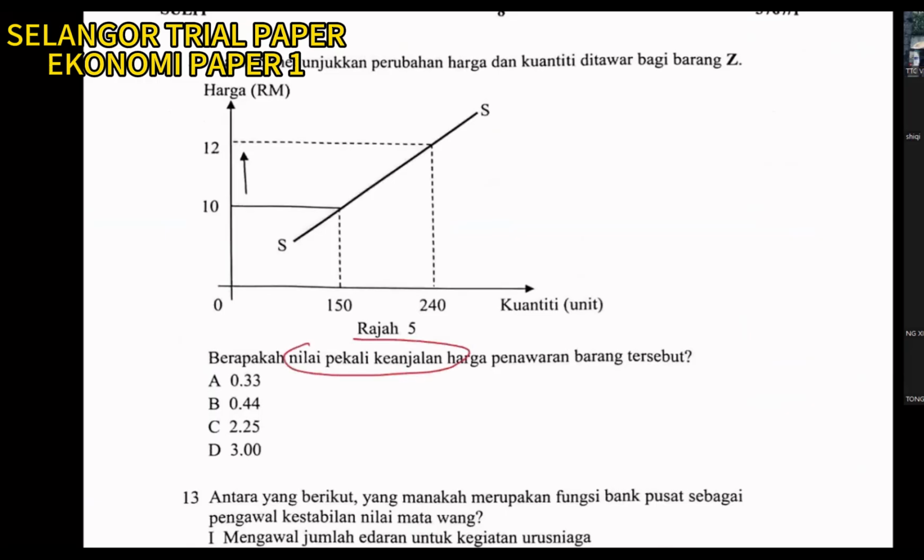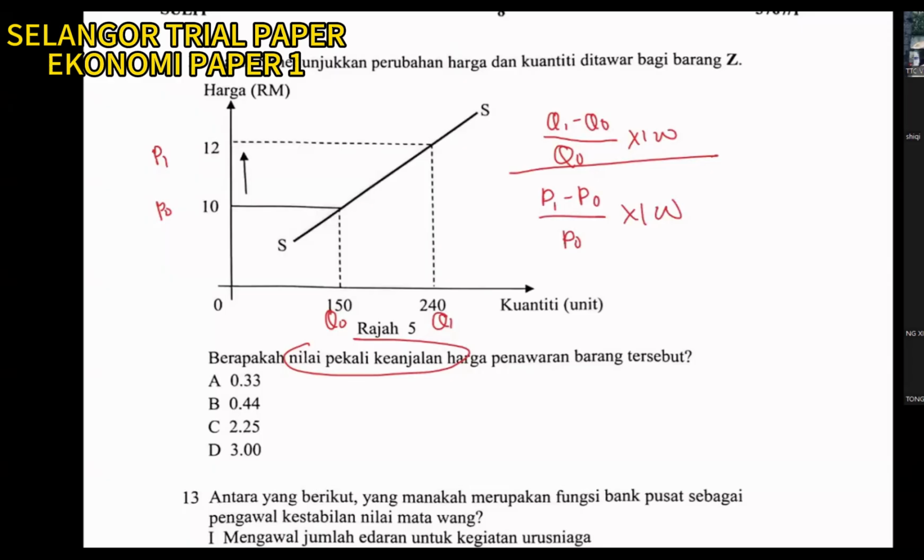Nilai keanjalan penawaran. Price increase P0 P1, Q0 Q1. What's the formula? Q1 minus Q0 divided by Q0 times 100, over new price minus original price divided by original price. Right? So your answer should be, press your calculator. I wait for you for a while. I trust you guys. I'm not gonna calculate. And next,